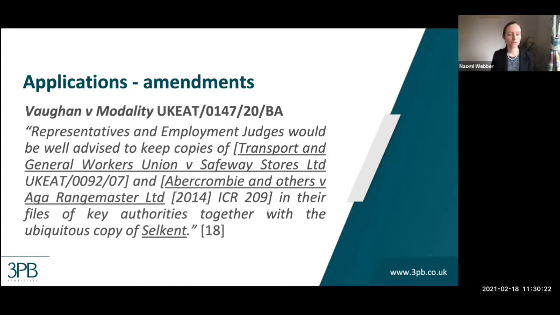The first was that the Employment Tribunal had failed to carry out the appropriate balancing exercise. The claimant said it had looked at or taken into account the hardship to the respondent of allowing the amendment, but had not taken into account the hardship to the claimant of not allowing the amendment. It's important here to note that the claimant herself, or her representative, had not made submissions to the Employment Tribunal on the hardship that she would suffer. So the point hadn't been drawn to the ET's attention.